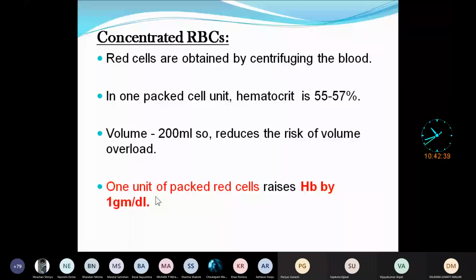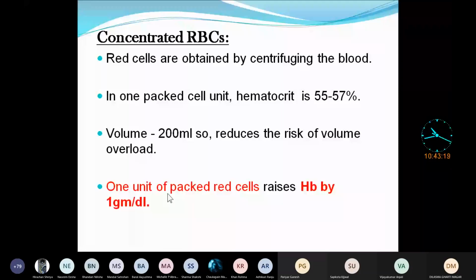Okay, 50 kg. Just now I asked my PG how much. Suppose if a person is more than 50 kg, then only the person can donate 450 ml of the blood, and if the person is less than 50 kg, then that person can donate only 350 ml of blood. Understood? So to give more blood, the weight should also be there. Suppose if a person is 35 kg and he or she wants to donate blood, we will not take blood from those persons.